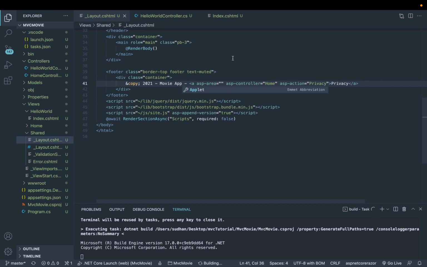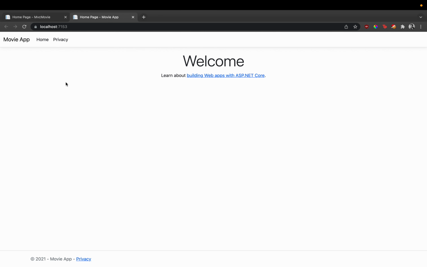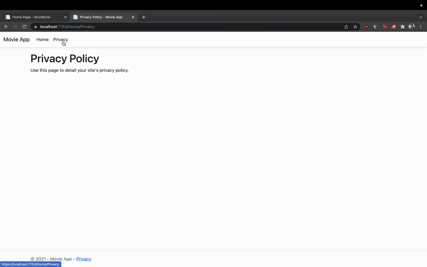We can go ahead and reload our changes, and we should see that in place of MVC Movie, we now have Movie App in the title, the header, and the footer. And indeed, this changes across different tabs. So we have in our privacy policy, the Movie App appended onto the end of the title with the same Movie App in both the header and the footer here. Awesome. So with that out of the way, let's go ahead and add some more functionality to this controller and